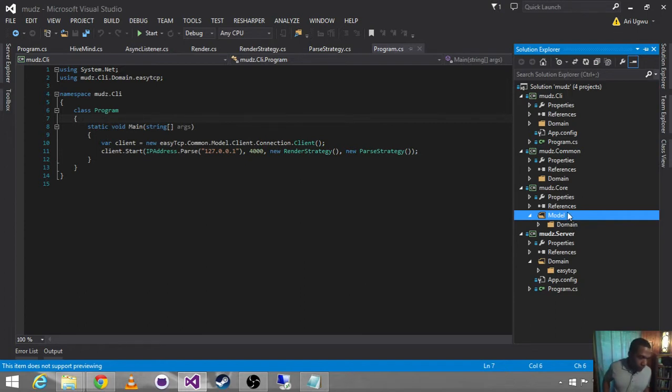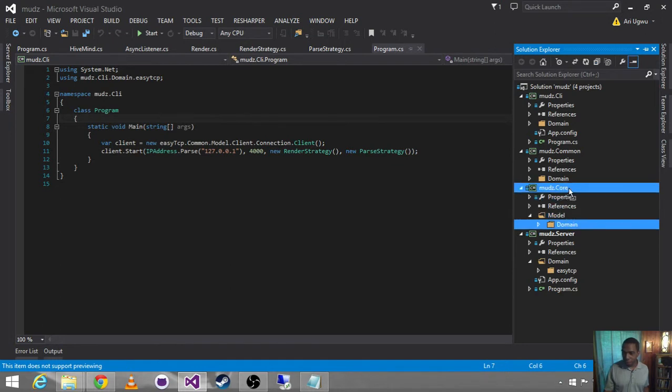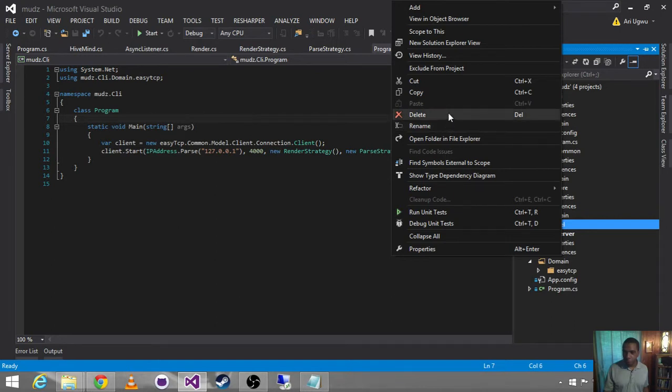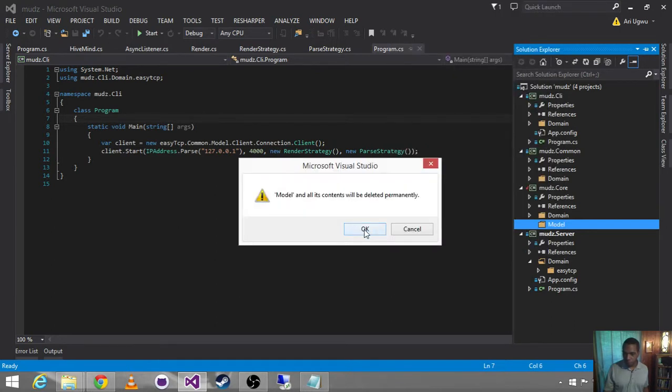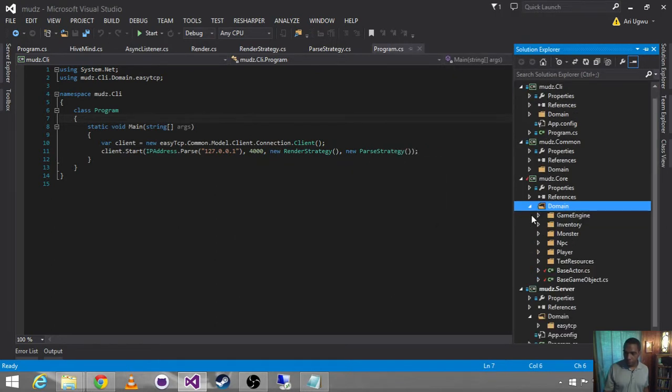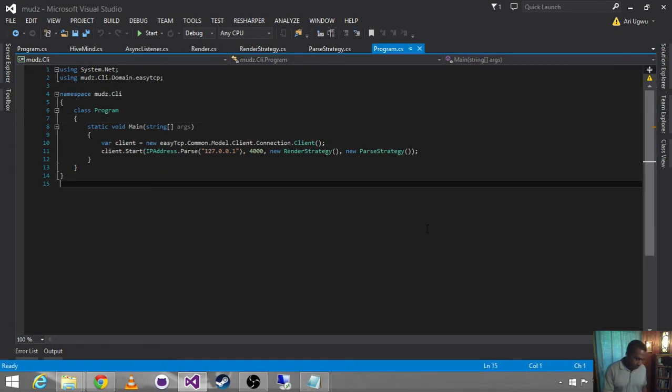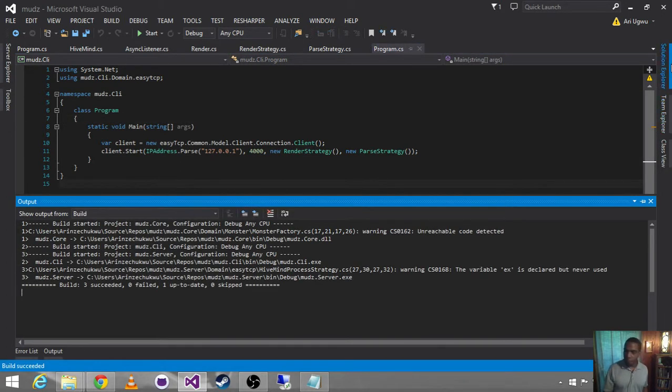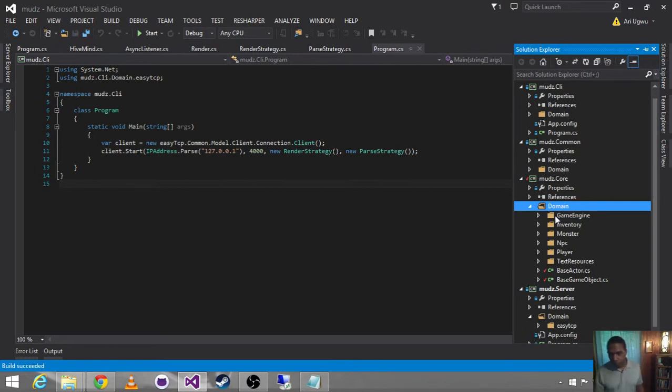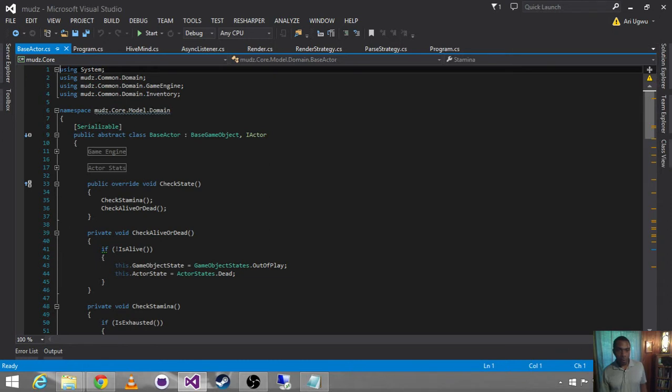So, we made core early on and we didn't follow this quite that closely, so we're going to go ahead and just move this guy out and delete the model folder. Okay, so now this looks very similar to our other projects. Just going to build to make sure that everything still builds. When you do a move like that, all of our locations are still a little wonky, but we're just going to leave them as they are for right now.